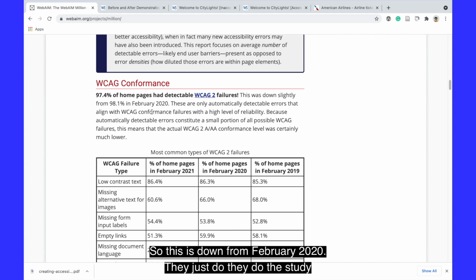They do the study every year in February, but it's still very high, and it shows that we need a lot of work when it comes to document and web accessibility to ensure equal access for screen reader users and other people with disabilities, as well as the public in general, because the more accessible the site is, the more you can use it in a variety of ways and engage with the content. So I first wanted to point that out.